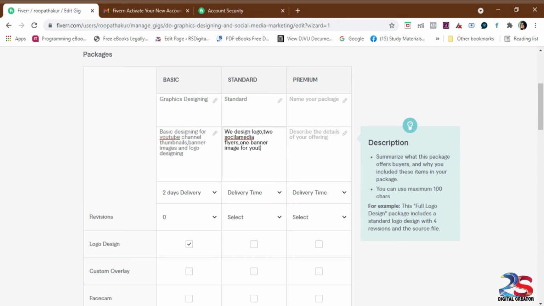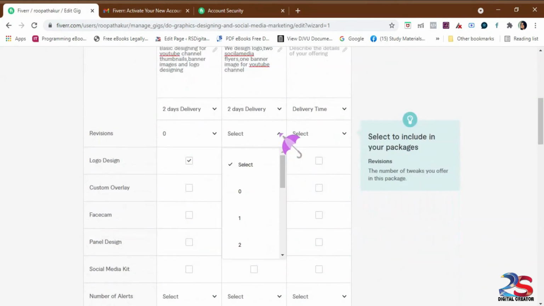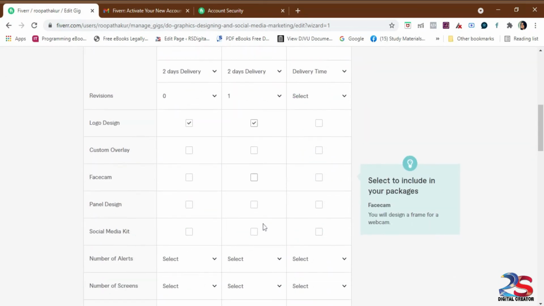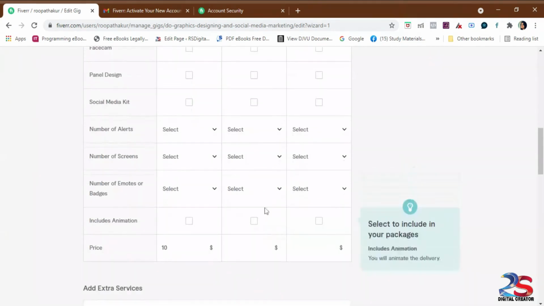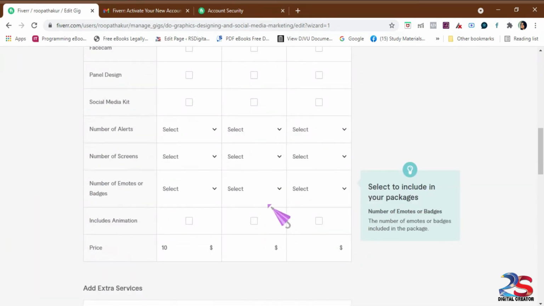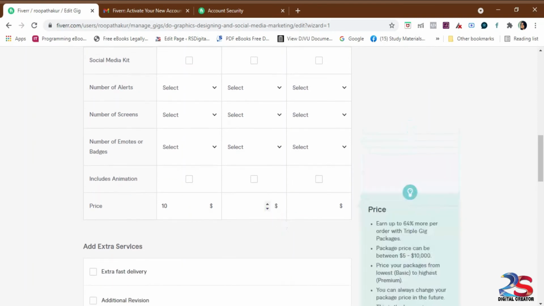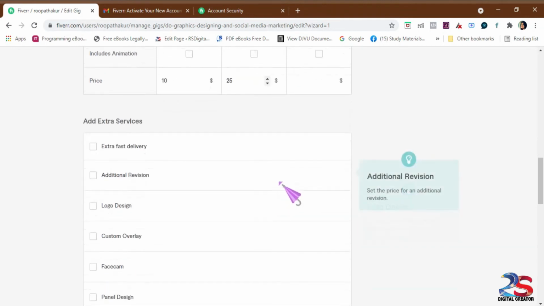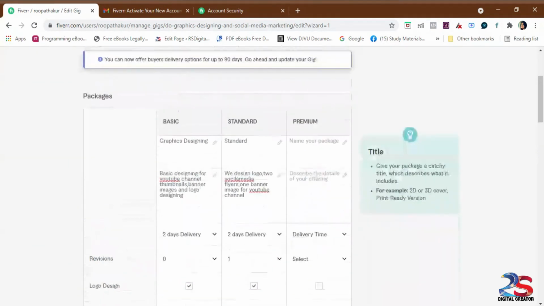It all depends on your experience, how much time you are going to spend on that work, what type of work you are going to give, and the quality of the work. I'll give one review here also, and here I'll charge around $25. This is all just an example, you can give your own amount here.